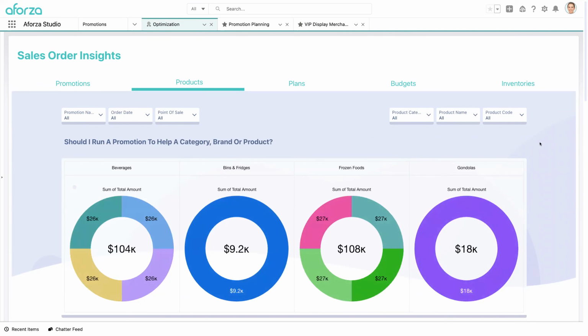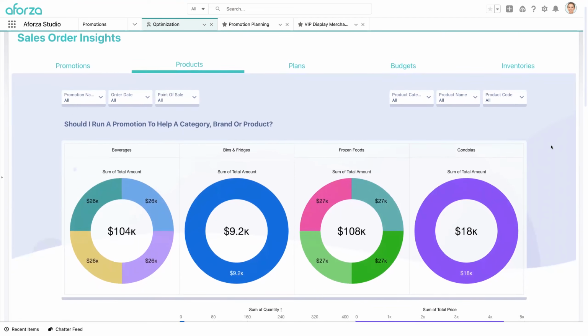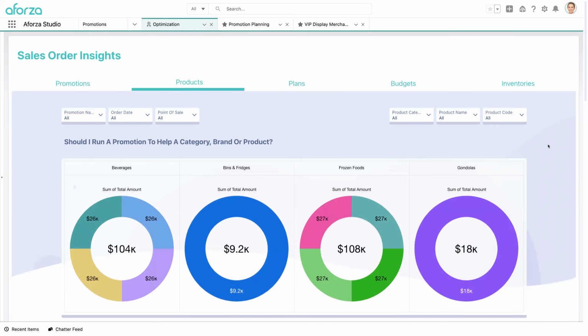So this is actually a really important one, and this is what brings the value of the Aforza platform to life. So traditionally, if you were looking at business intelligence tools or trade promotion management and promotion planning, they would typically be siloed applications, and your retail execution, they would typically be siloed applications. So if you launch a new promotion and you push it out to the field that gets that promotion and they start executing on it, but you have no insight as to how actually it's affecting our sales or our